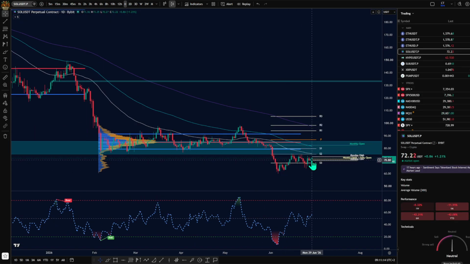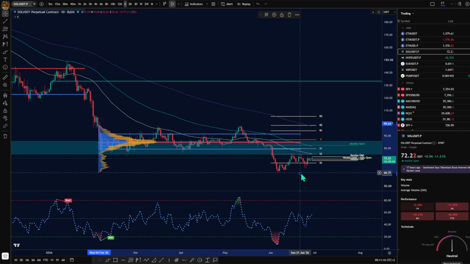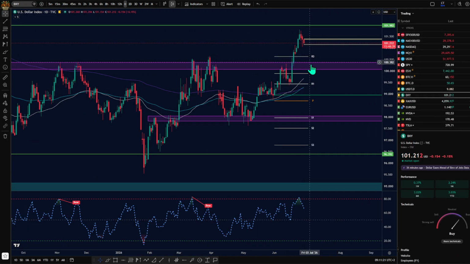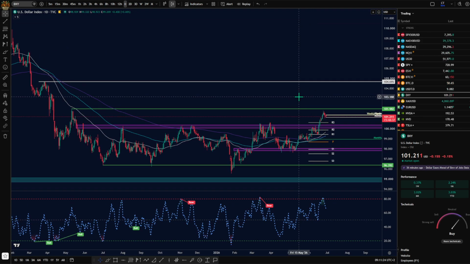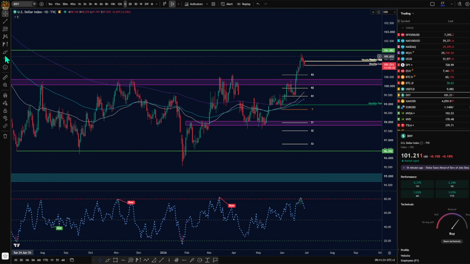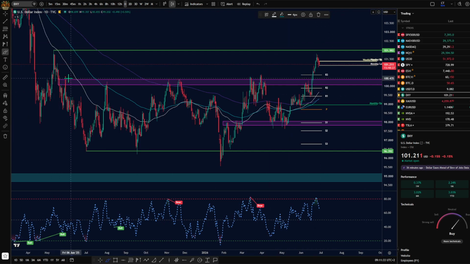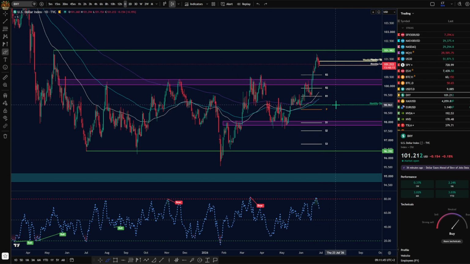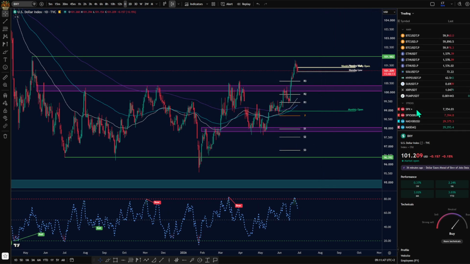Solana also looking potentially like it wants to go up, but as I said, we need Bitcoin and we need the dollar right now to go down a bit, even though we could still see a bullish retest of this previous resistance into support flip that we are seeing right now. You can see this level, this order block right here, it was previous resistance, and right now once we broke out of it, it is going to be acting as support, so be wary of that. We are watching the dollar closely.